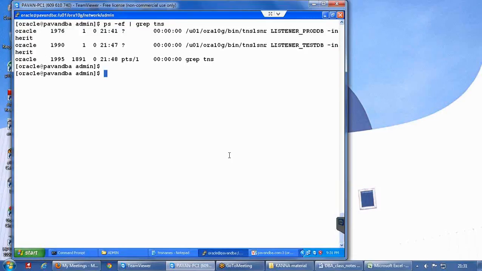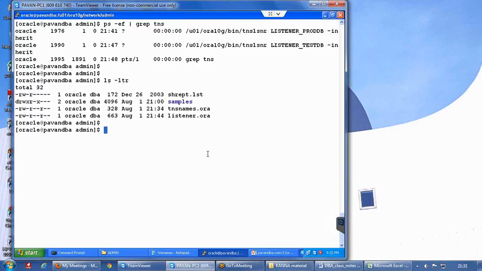I didn't get you, Sanjay. What exactly do you mean by status from home location? Actually, there are two options. Admin location is the place where this file exists, and you can see listener status from any location.